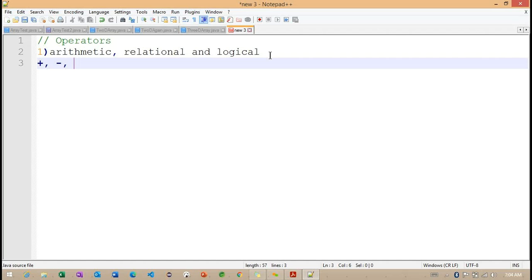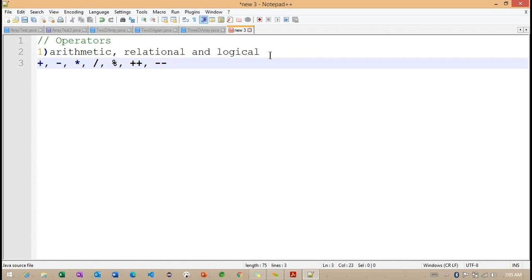For subtraction, we use minus, and for multiplication and division, we use their symbols. These are the basic arithmetic operators, and along with them we'll use the modulo operator. After that, we'll go for the increment and decrement operators.